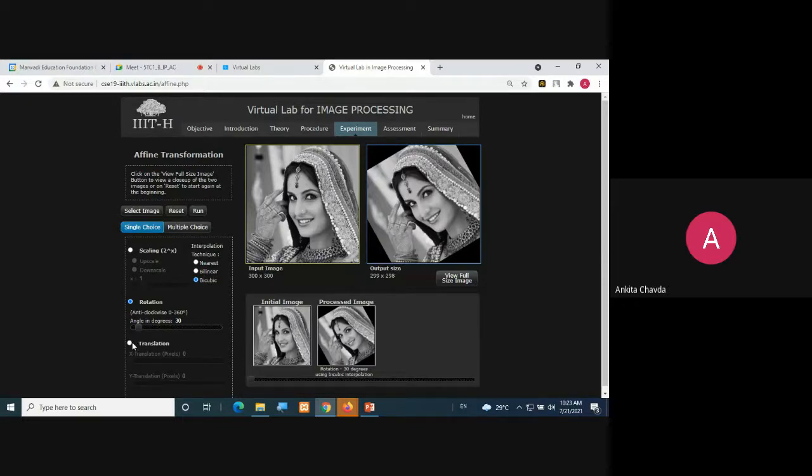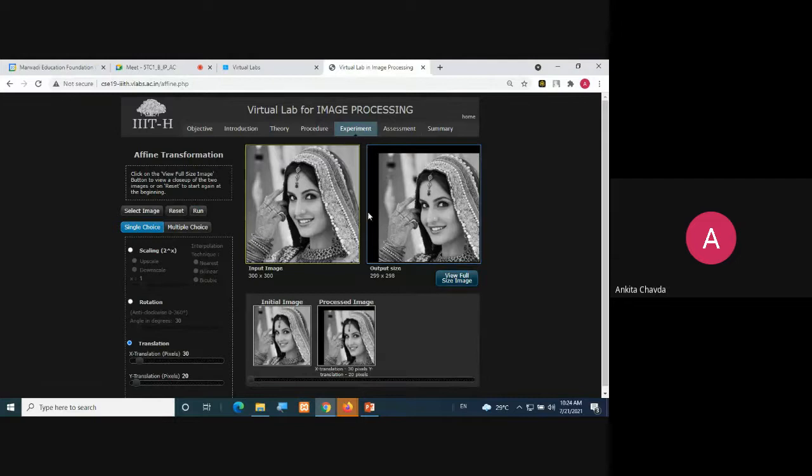In the same way you can check the translation. Translation means shifting by how many pixels. Suppose I am keeping X as 30 and Y as 20. So my rows will start from 30 pixels and my columns will start from 20 pixels from above. You can check this gap. This is your X of 30 and Y of 20.